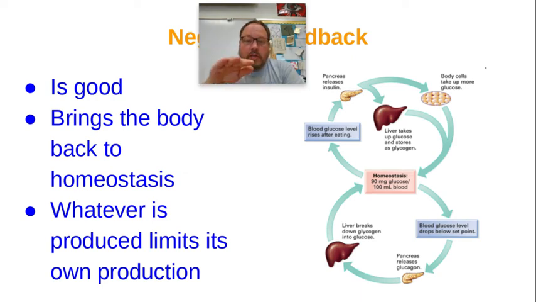So again, keep it at 100, have a donut at breakfast, your blood sugar goes up, your pancreas releases insulin, and then your body responds by bringing your blood sugar back to 100. Now, what if you've gone 5 or 6 hours and you haven't eaten? Your blood sugar will start to drop below your set point. So then the pancreas releases a second hormone called glucagon, which will actually raise your blood sugar back up. So again, the idea of negative feedback is that your body responds to bring it back to homeostasis.